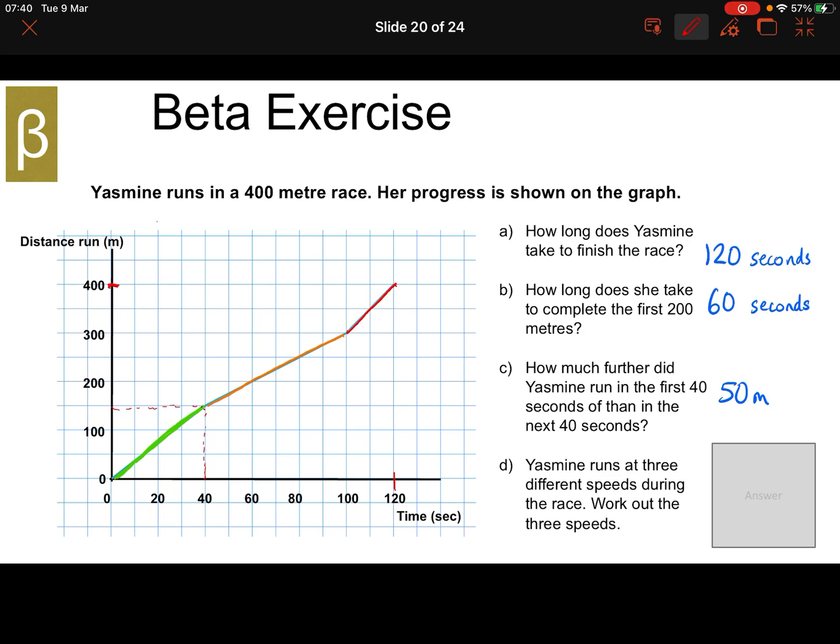So the first one would be 150 divided by 40. 150 divided by 40 equals 3.75 meters per second. Okay, the second one, we need to know my gradient. So the rise is going to be 150 and the run is going to be 60. So 150 divided by 60 equals 2.5 meters per second, and that makes sense because the gradient is smaller, so she slowed down, and then she